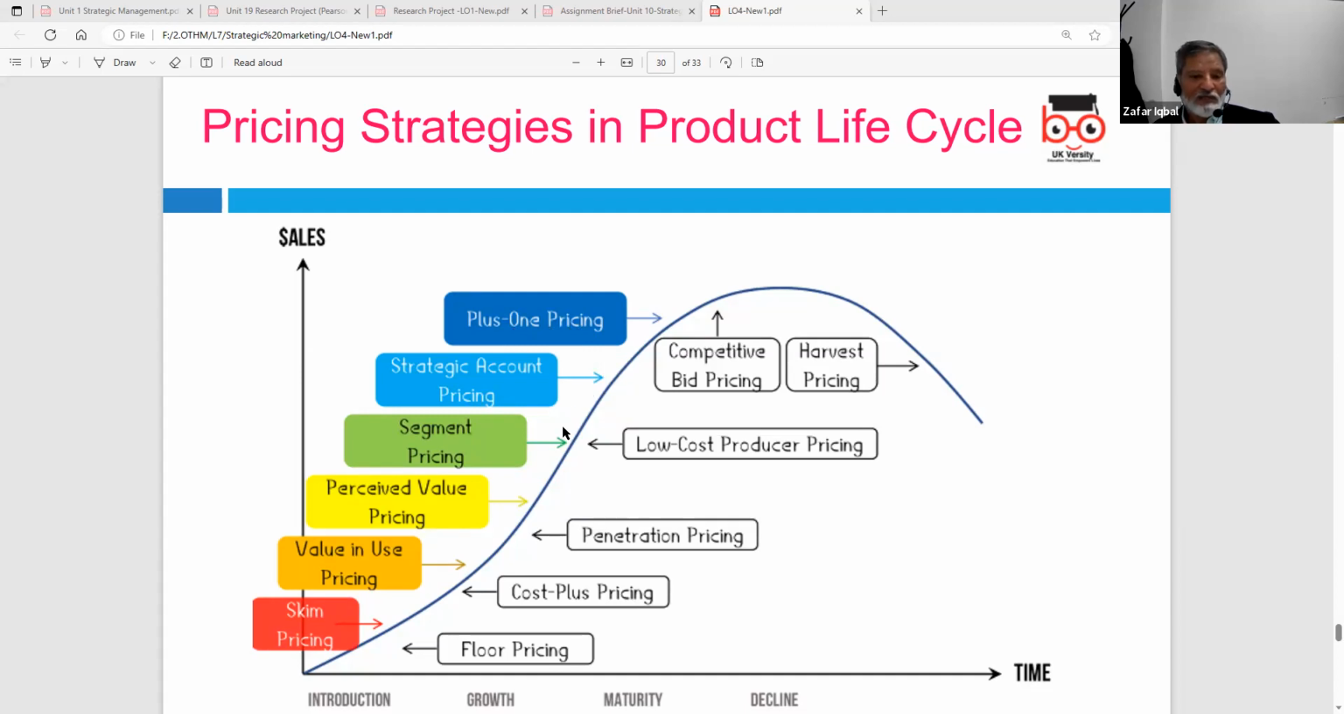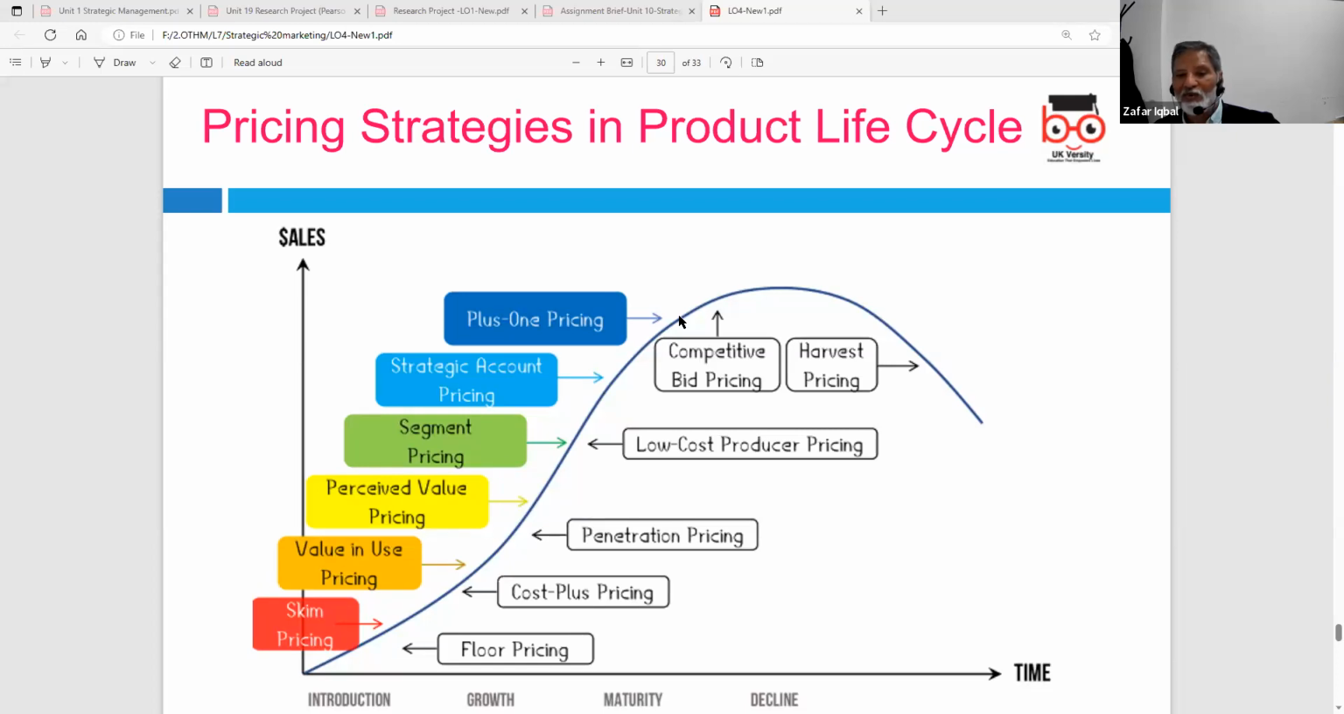So these are different types of pricing strategies organizations can use depending on the product life cycle stage they're at. Skimming is used at the beginning, when launching a new product. When the product is at the maturity stage, or when it's selling slowly, they can add